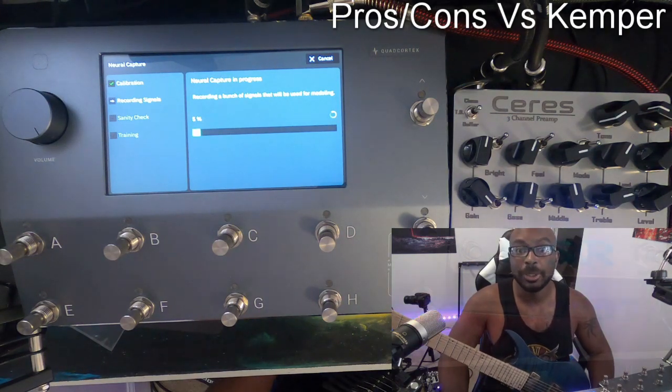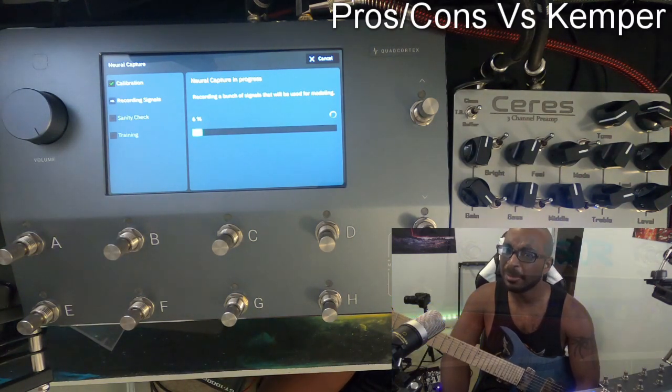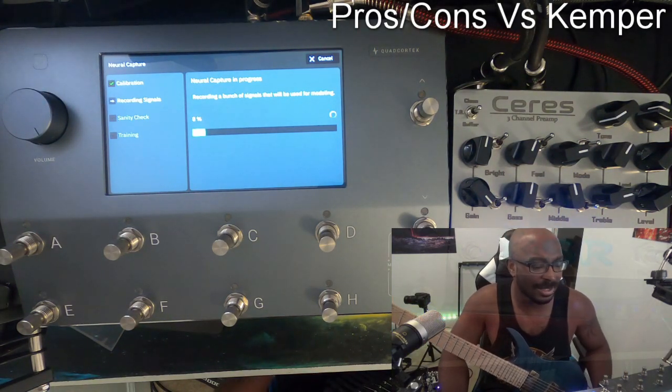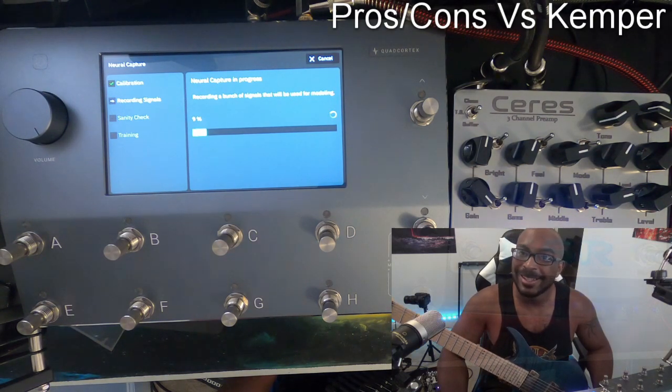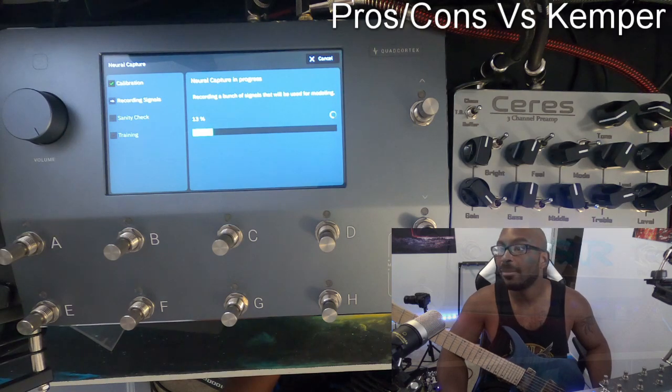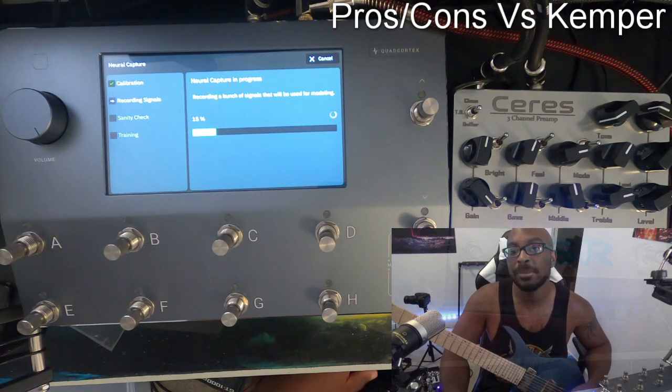So now that's going, I'm going to pause the video here and just let that happen. The Quad Cortex capture definitely takes a good bit longer than the Kemper. It's somewhere between 3 and 5 times as long as the Kemper to make a capture. But so far, I've experienced more stability out of the Quad Cortex than I have with the Kemper, particularly when the Kemper is connected